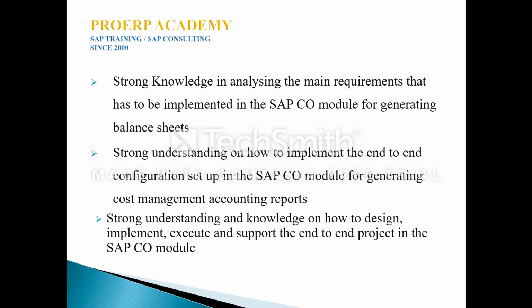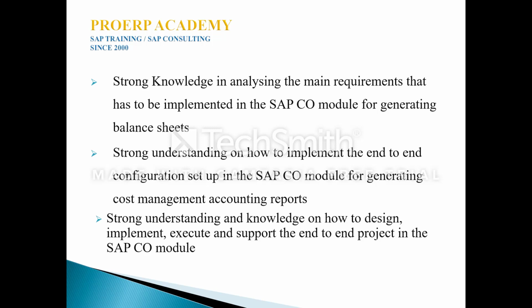So based on the different inputs and input data, that is based on the different debit and credit entries, we are going to draw a balance sheet, and also we are going to create a report based on the input data from different important implementation scenarios like product costing, different important scenarios like COPA, that is controlling and profitability analysis, and also from different important areas like this profit center as well as cost center accounting. So we are able to draw a balance sheet as well as we are able to generate reports.